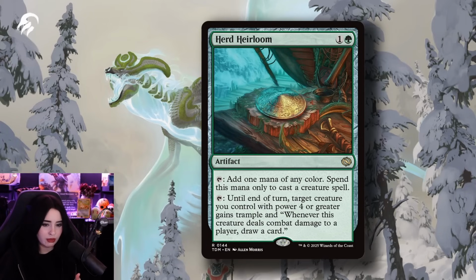Now, I knew that I wanted to build a Temur ramp deck in Tarkir, and before I managed to do that, I ran into Kibbler on the streamer event client. He was playing another ramp deck as well, and was playing the Herd Heirloom in there too, and it just felt unreal to play against, so I figured, obviously, I have to build something with this card myself as well to see what's up, and I did, which was the Temur ramp deck with Ureni in it,